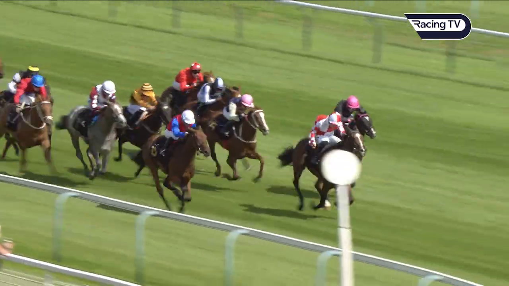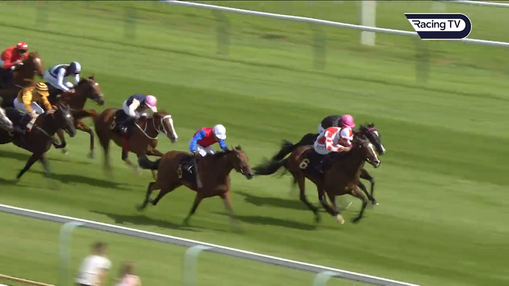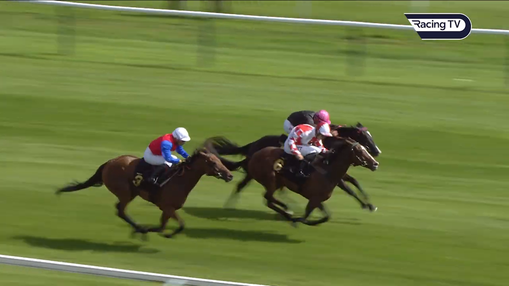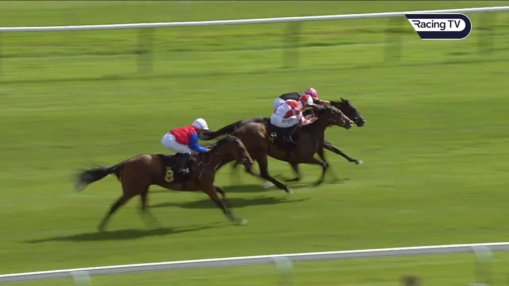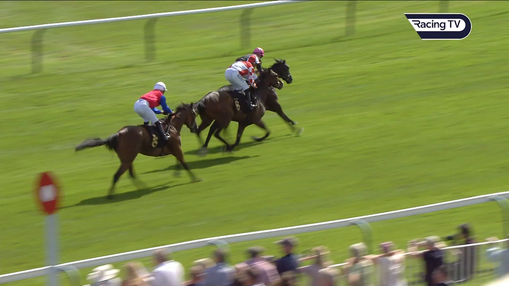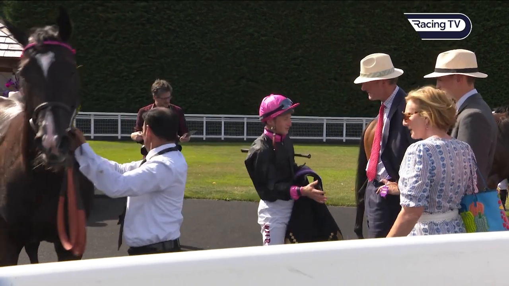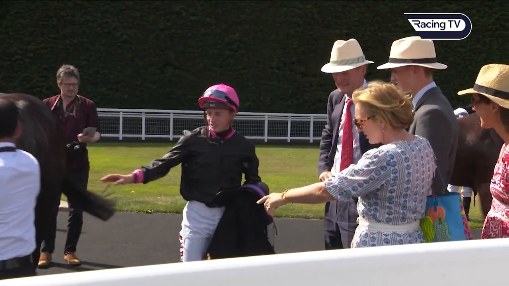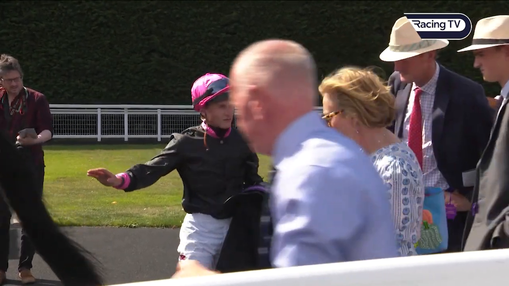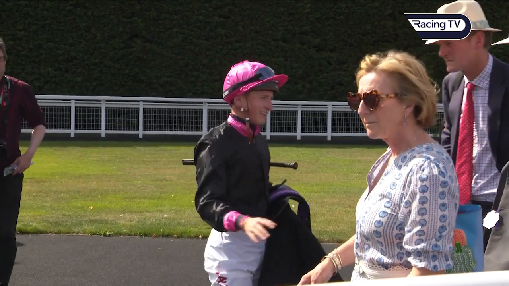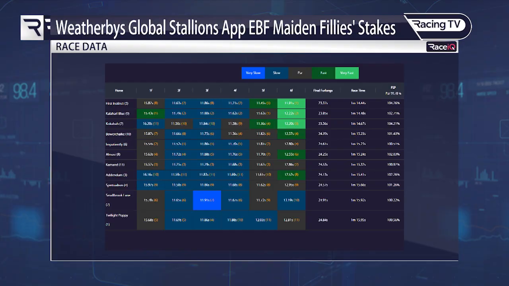I'd be wary of Kalahari Blue going forward. She got her own way out in front. She was able to do what she wanted off steady early fractions, and she still couldn't win. She was still run down by that horse there, Tom Marquand on board for the very much in form William Haggis. So let's have a look at the data from the race, and we'll take you to par sectionals once again,